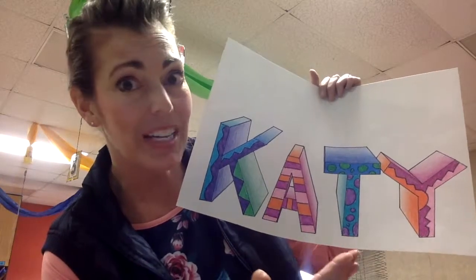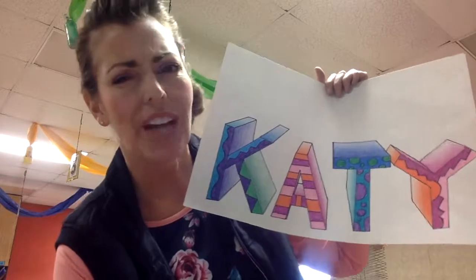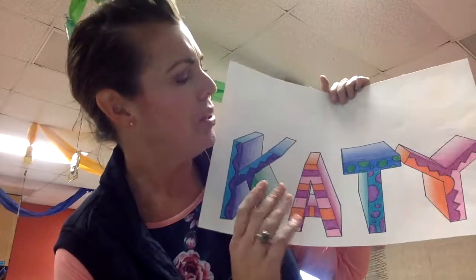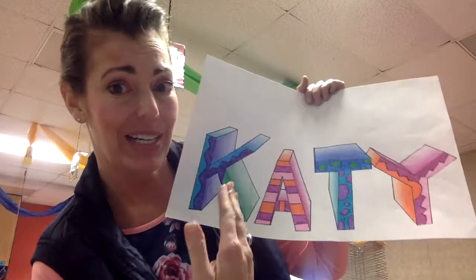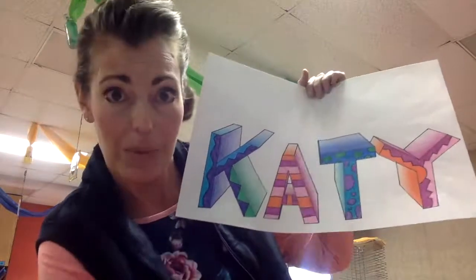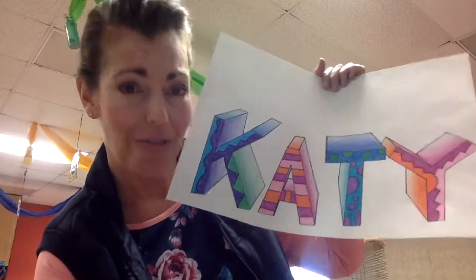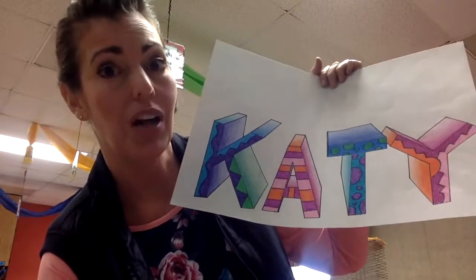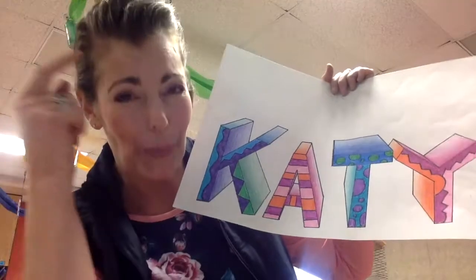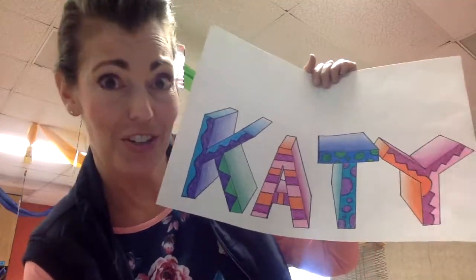And here it is, all the way finished. Well, not quite all the way. We have a couple little steps that we need to do to get this ready to hang in the hallway, because right now it's just got a bunch of big empty space at the top. So after this video is over, you will have all of the hard work behind you and all of the in-depth learning right here in your brain. Congratulations. Now get the